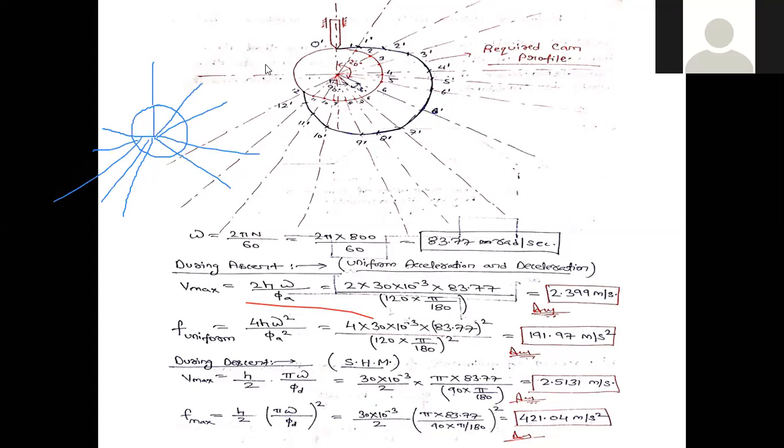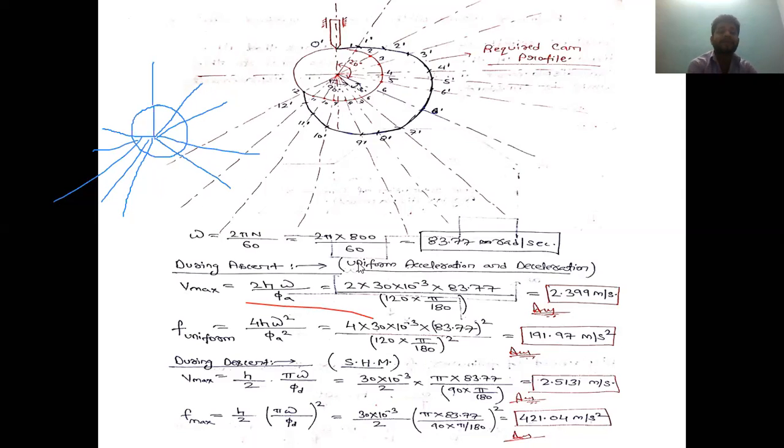And then on the circle, I will mark the points as 1, 2, 3, 4. That means this point will be 1, 2, 3, 4, 5. Likewise, this will be 6, 7, 8. Likewise, 1, 2, 3, 4, 5, 6, 7, 8, 9, 10, 11, 12. Done. Now, I have on these extended lines,